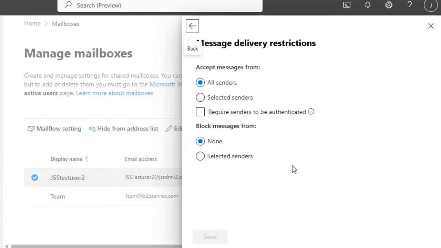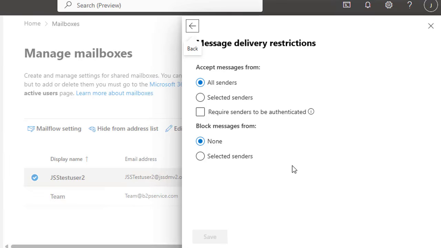So this is the quickest way where you can add a blockade to a specific user, because in the previous video we have explored a lot of options and policies, where if these policies match, a certain user will be blocked, a certain message will not be delivered, or a certain message will not be received. But this is a right-away thing: in just a few clicks, if you wanted to block or accept some messages from a specific user, you can come to this option,